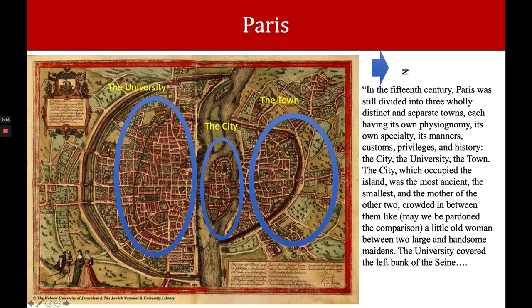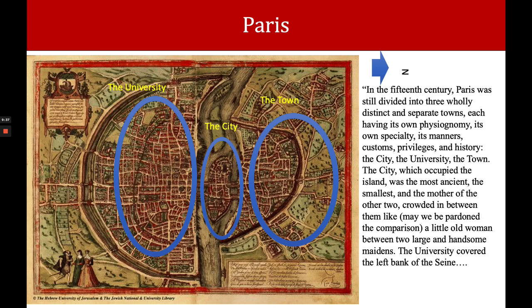We'll talk a little bit about the Eiffel Tower. The Eiffel Tower is over in this area here. And then over here you have the Louvre and whatnot. And then you have the Seine, which is a river that just cuts in between it. But I want to talk a little bit about just this cityscape.